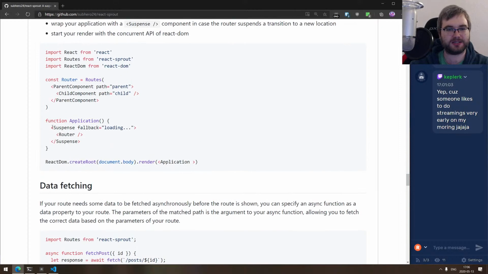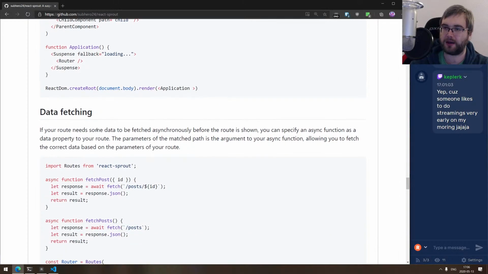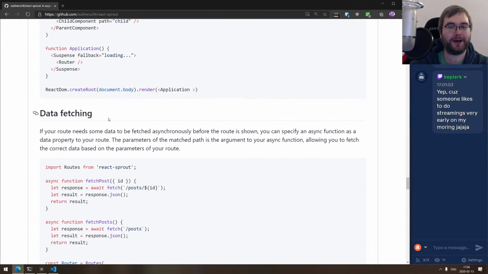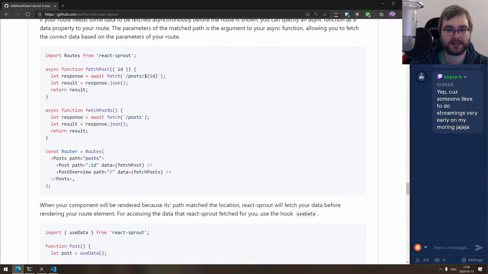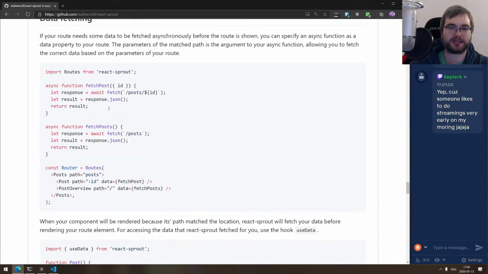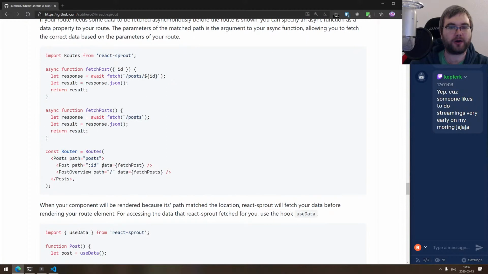So in this case, it seems like the suspense is used on the top level. So basically it will wait for the whole router to load. And does it support nested suspense routes is what I'm asking. So fetch, blah, blah, blah. Okay, so it has a separate property for data fetching,